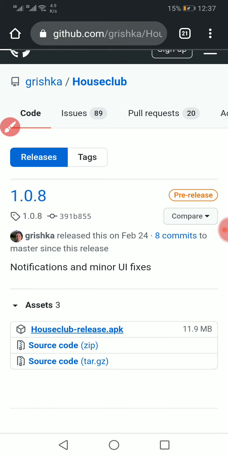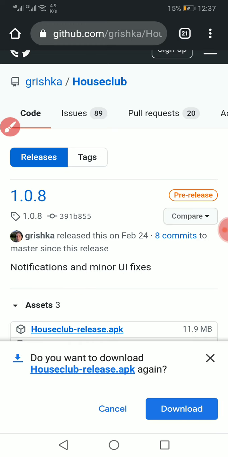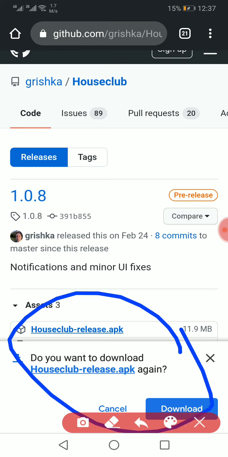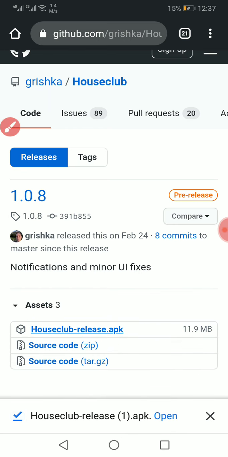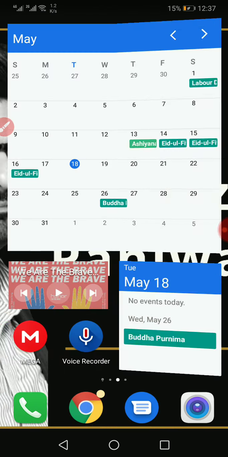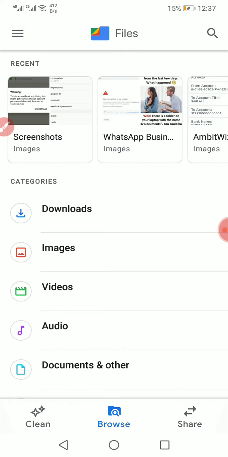Download this APK file into your system. Maybe I have downloaded from this. Okay, download. Okay, now go to your Google Files. Now you can go to your Google Files, downloads,